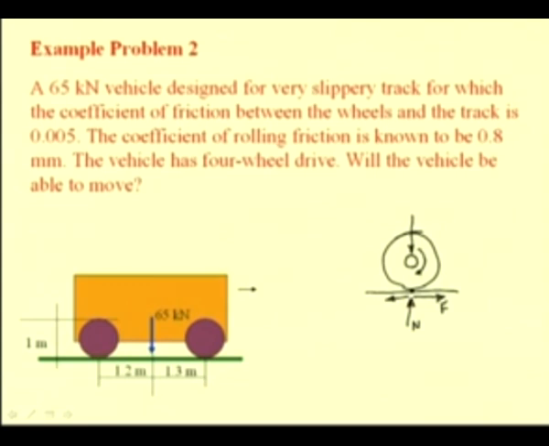So, how large could this thrust be? It could be maximally equal to the limiting value of friction at this point, because beyond that this point will tend to slip. If this point does not slip, then because of this the axle will experience a forward force, and thus the vehicle will propel. So, the forward motion of the vehicle depends on the fact that the developed thrust force is less than the maximum available friction,